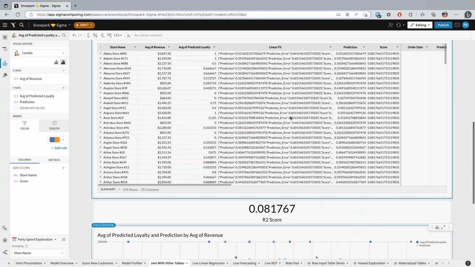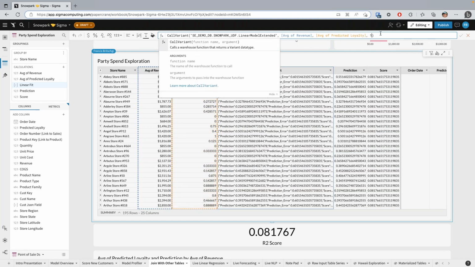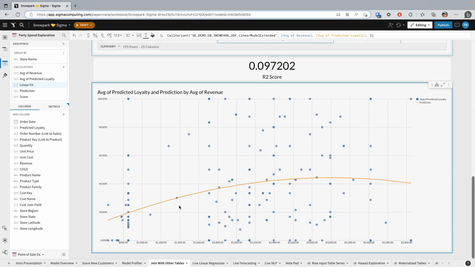And this is just one example of a UDF that you could expose, this linear model extended. What I have done when I define this is given a prediction output, I've given a score output, and I've also made it dynamic so that folks can actually fit different order models as well. So I'll change my model order to be 2 and see if a quadratic fit is actually more appropriate. And when I set fit to quadratic, now I can see that there's a little bit less of a pattern than the linear fit proposed.